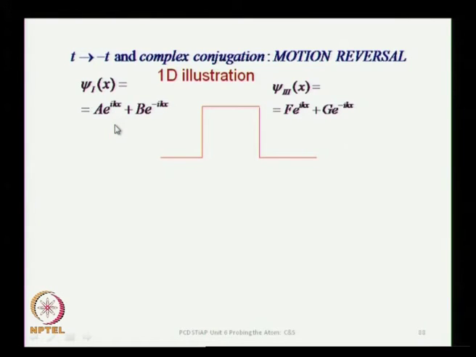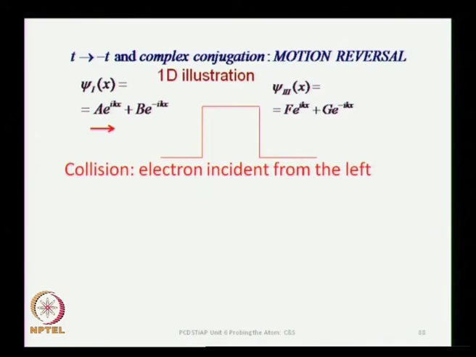You know which one is going to the left and which one is going to the right, and you know it because the time dependence is contained in e to the minus i omega t. Depending on how the surface of constant phase propagates, that will decide which is moving to the left and which is moving to the right. So in a collision experiment, now you must relate it to an actual physical experiment, because that is what quantum mechanics is about: you are trying to describe a collision experiment, and this is a one dimensional collision. You have an electron which is incident from the left,